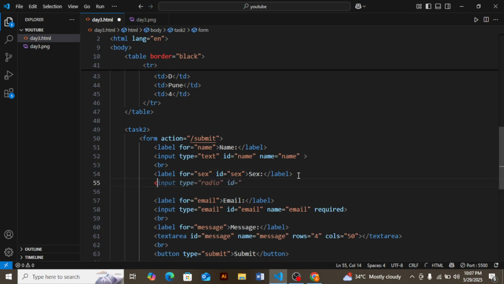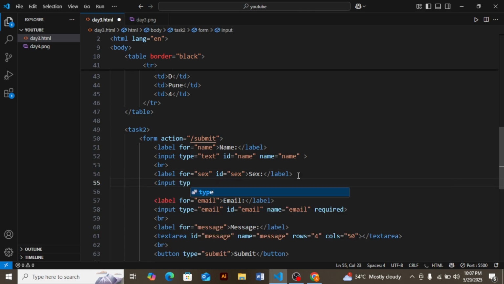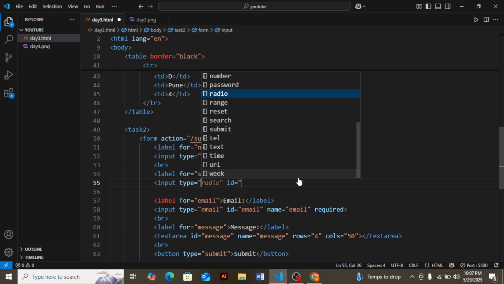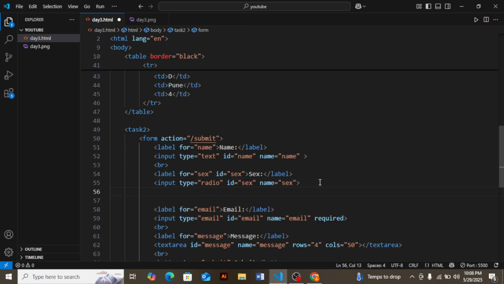Now type: radio, id, name. Now the label for male.